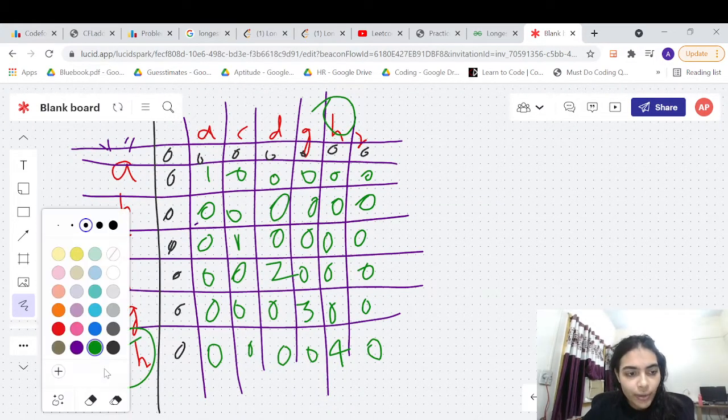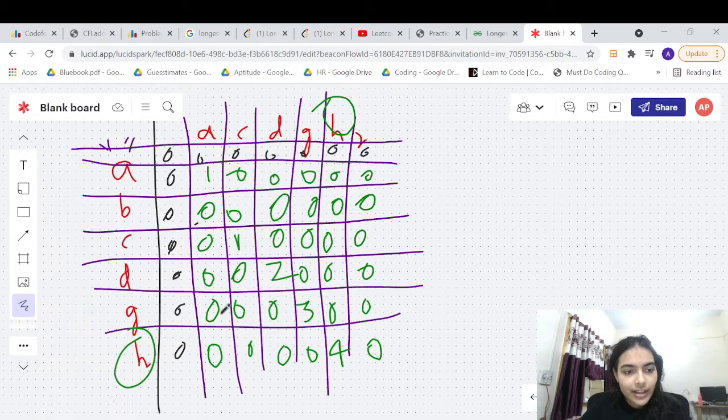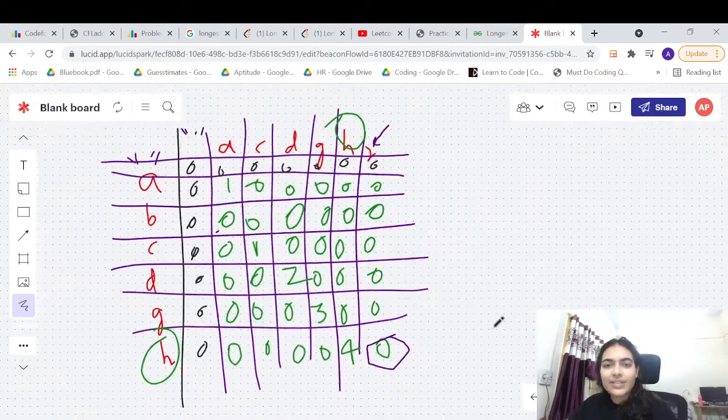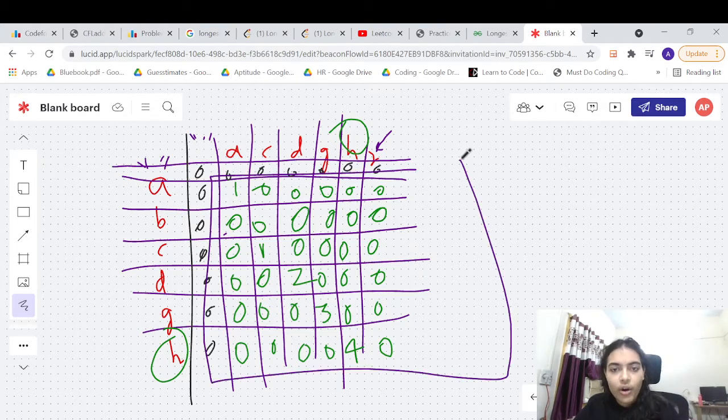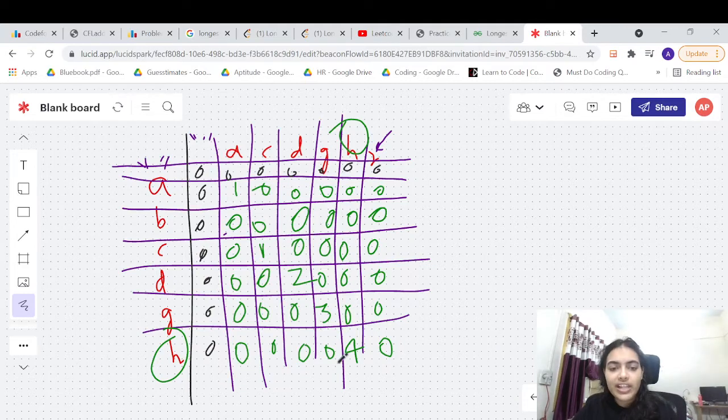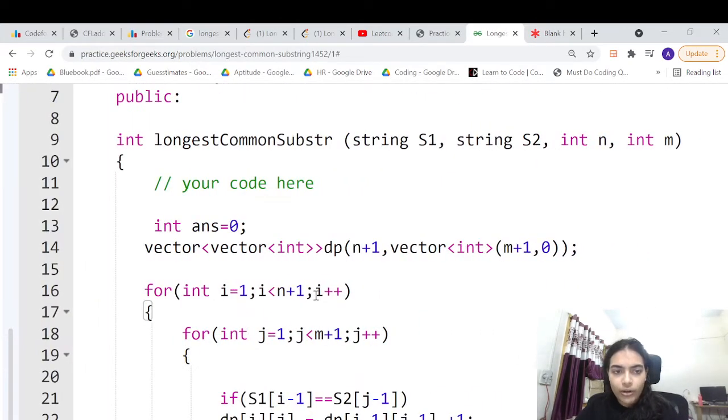Now this is very important to note that in this case the last value will not be the answer. That's why they have given this very important example. The last value is not the answer. Usually we take the last value as the answer, but that's not the answer, because in this case if you return the last value you will get 0. But 0 is not the answer. The answer is 4 because you have to return the maximum length substring. So just iterate over this, or while we are filling these values itself, make a note of maximum, and that will be your answer. So let's quickly look over the code.